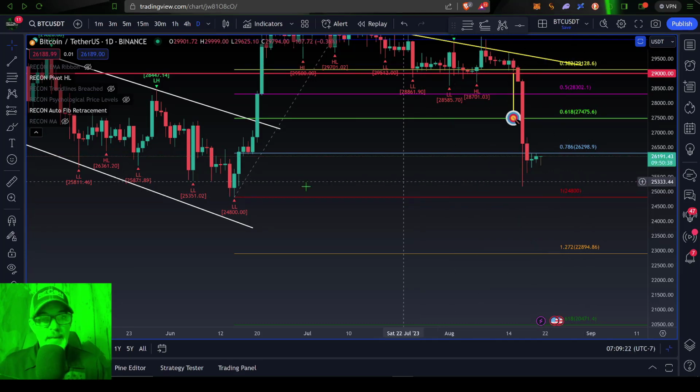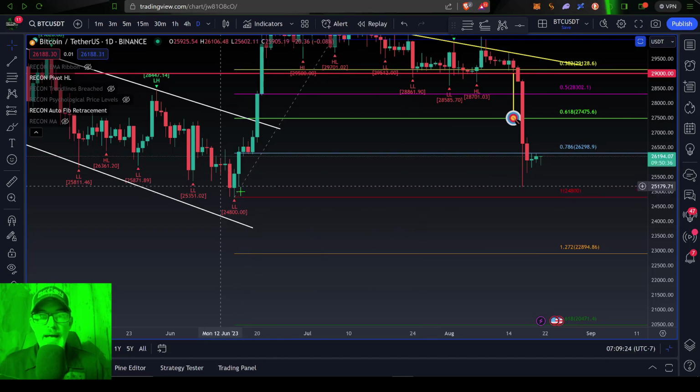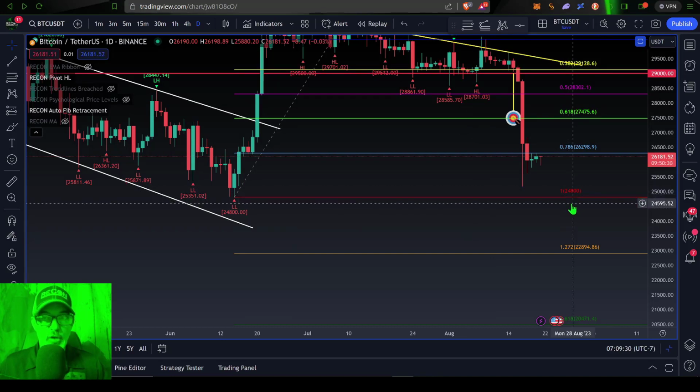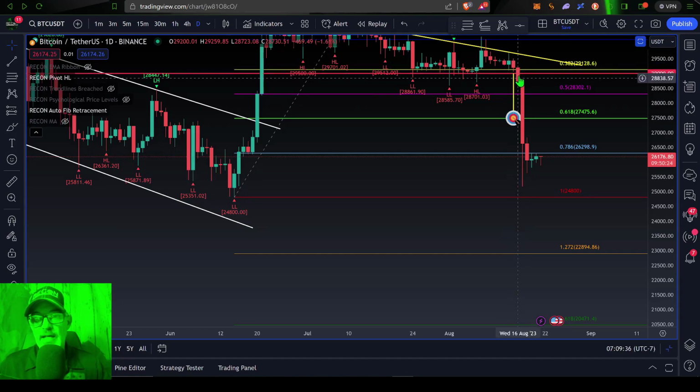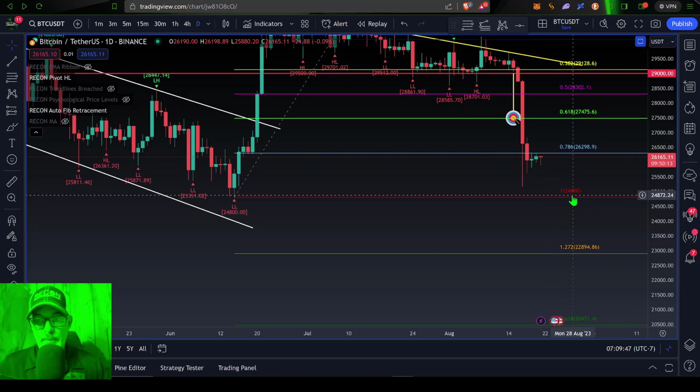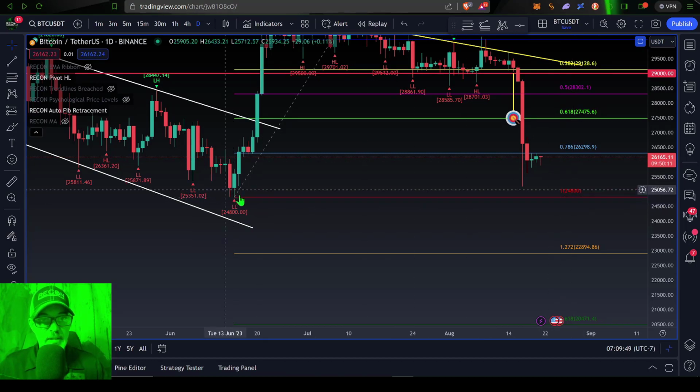And if we look back and check our 6, the low back here is 24.8. Any breach of 24.8, and by breach I mean a close of a candle, much like we saw up here when we breached through the essentially 29,000 level, we got a close of the candle, which led to this sell-off. And so again, if the bears are able to get a close below 24.8, which would be this low back here,